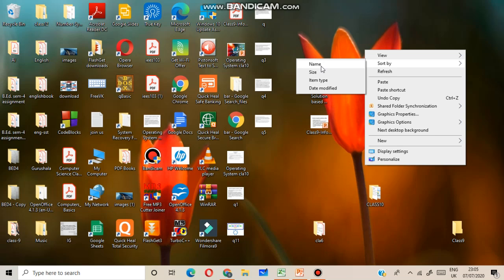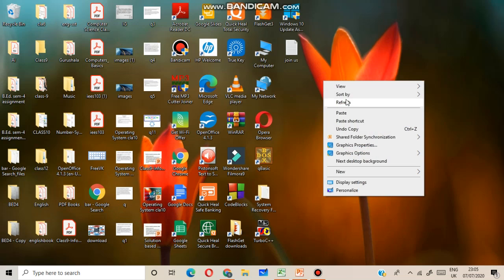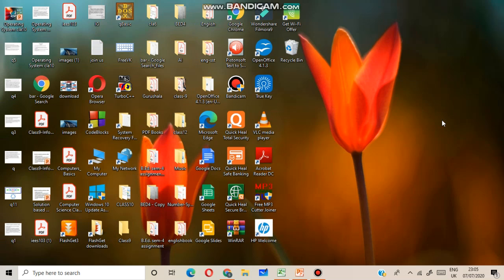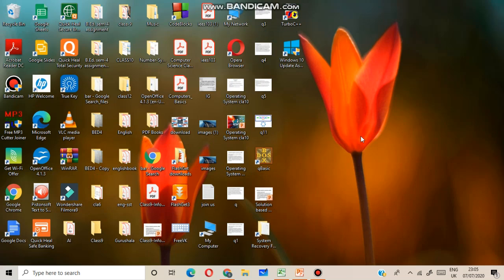Suppose you want to arrange files by name or type. Or you can use different options for arranging files.